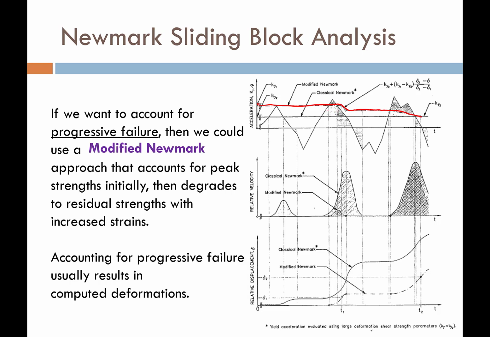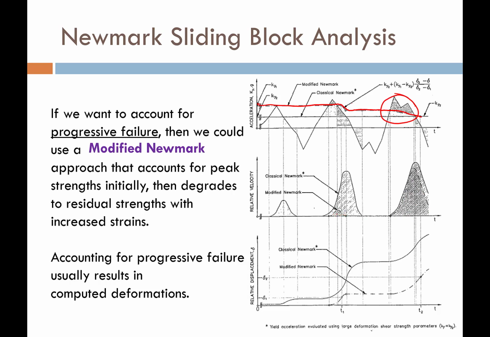And so once it begins to exceed it right there, and it experiences a little bit of strain right there, the soil begins to soften. And as it begins to soften, that yield coefficient reduces. So now it's a little bit smaller acceleration required to yield. And then we have some more exceedance right there. So we get much more exceedance in the modified approach. And as we exceed it, we soften the soil, and so eventually that yield coefficient comes down by the end